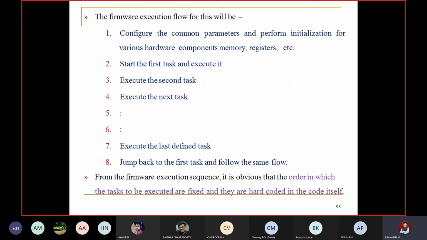The firmware execution flow for this will be, some 8 steps are there. First, configure the common parameters and perform initialization for various hardware components, memory, registers, etc. First of all, we should know what different registers, hardware and memory are required, and identify everything.